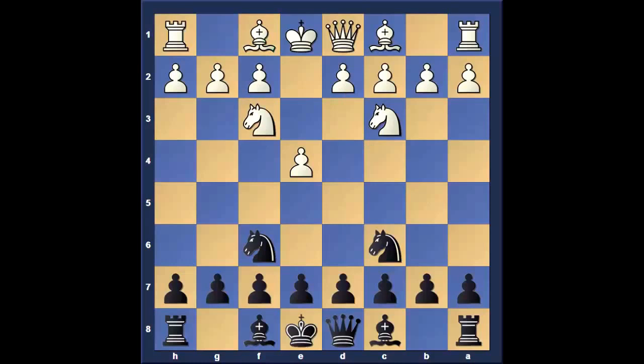Against this, our approach is universal. We are going to play the move d5. And now white has three interesting choices. Amongst them, knight captures d5 is not a good move because straight away black can equalize after the following move